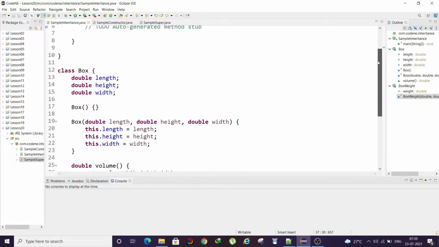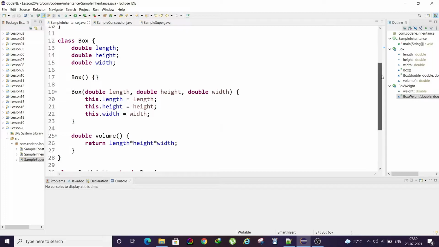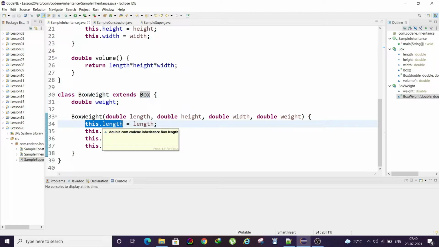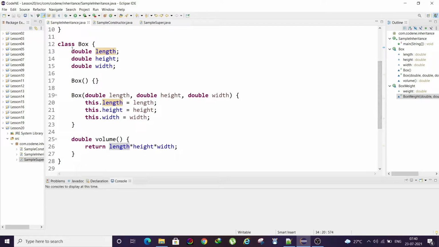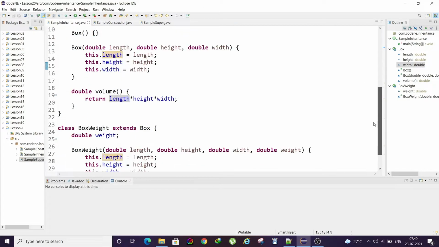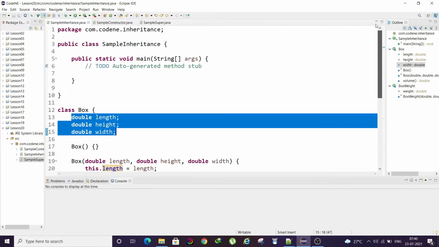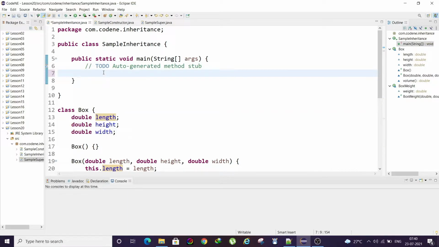So what I did is I have one parent class that is Box. It will have your length, height and width. Then I have a child class that is BoxWeight, and it will extend Box, right? See, when I wrote this.length, it should have thrown some error, right? But no, it did not throw any error. Why? Because this length, even though it is not defined inside this child class, as it inherits Box, by default it will get all three of these properties as well. It will even get this method. We'll see this when we instantiate the object.